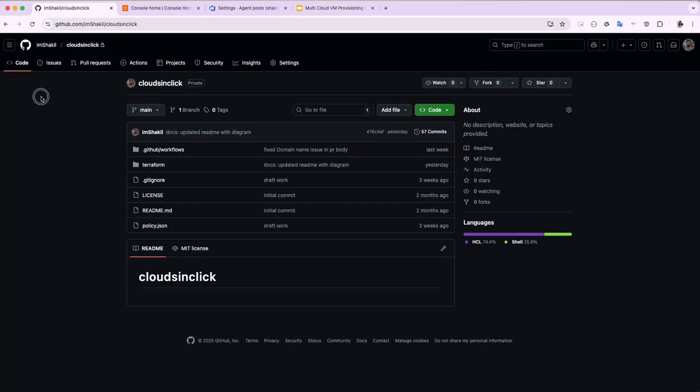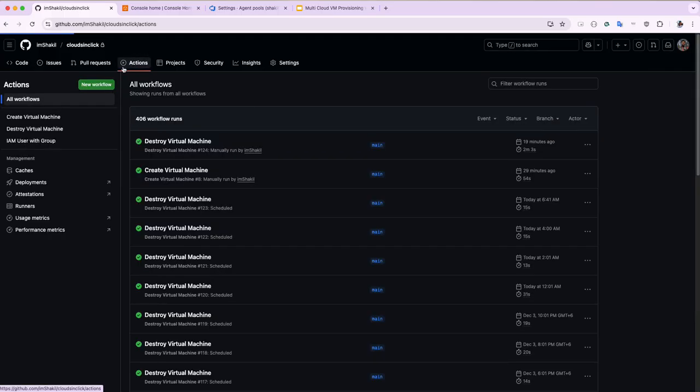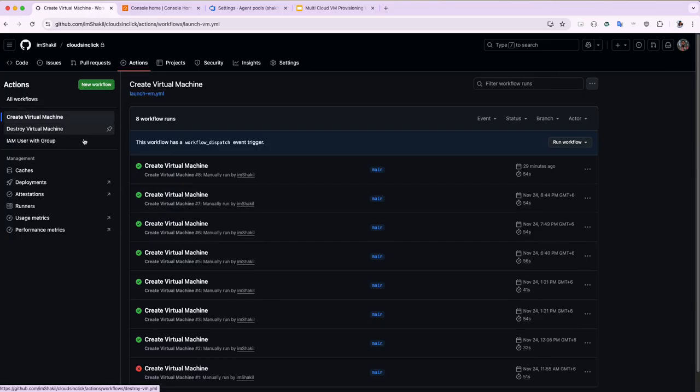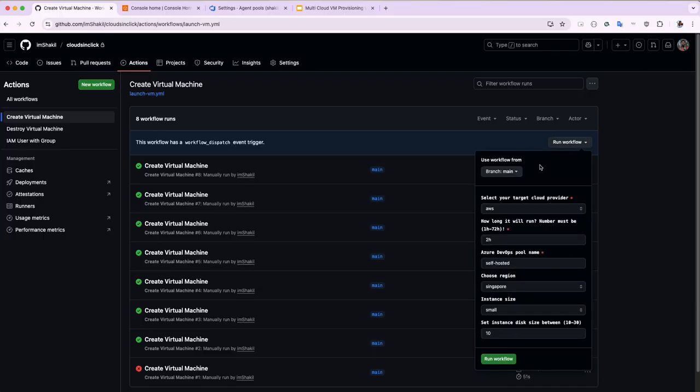So this is our repository. You see, it's a private repository. Here the user will come and go to the Actions tab. From here, this is Create Virtual Machine. The user will go there, and it will go for run workflow. And when it will run workflow,